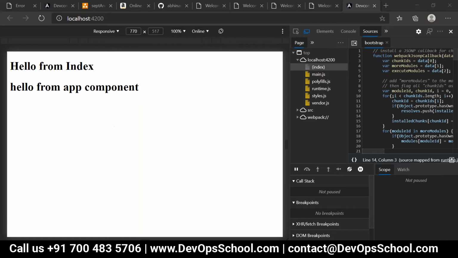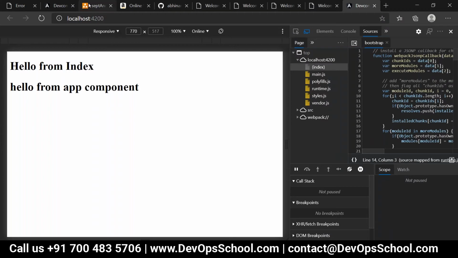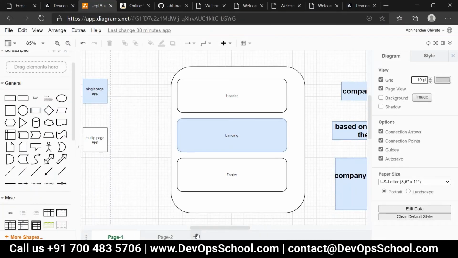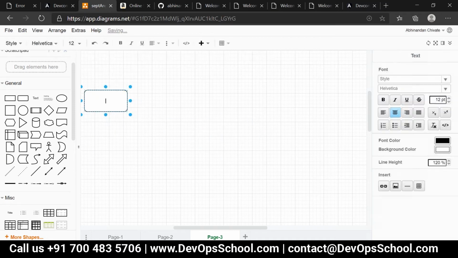Now by default, how is the flow? Let me draw the flow so that you will get clarity. The first rendered page will be index.html.